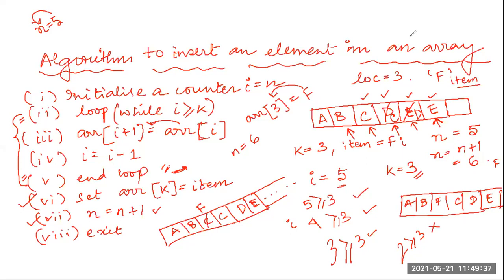This is the concept: a loop will be there, it will start from one location and go on checking the other sides of the array. I will shift my elements one by one, and when I come to the location which is specified, after my loop ends, I will insert the item in that location. And after everything is done, I will increment my entire number of element size by 1. This is the entire algorithm. Is it clear? Now we will try to implement it in programming.